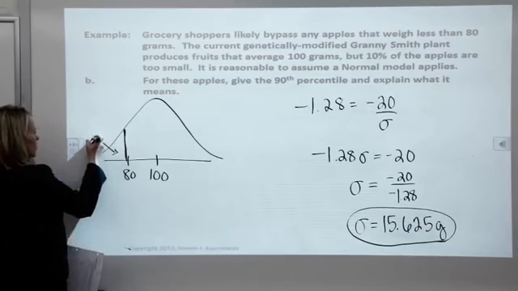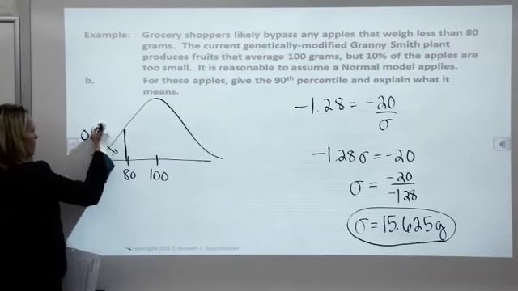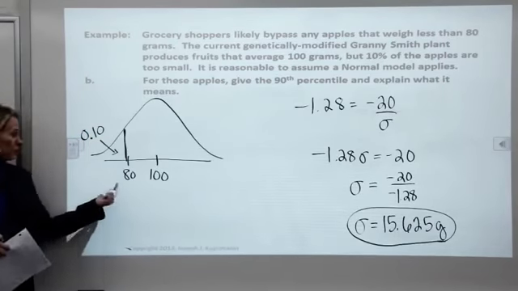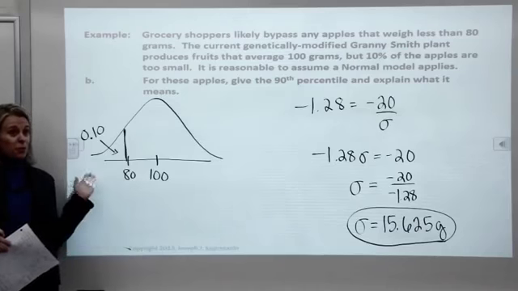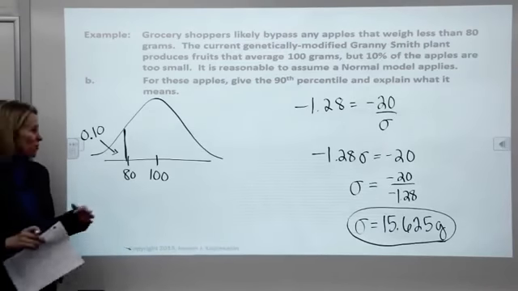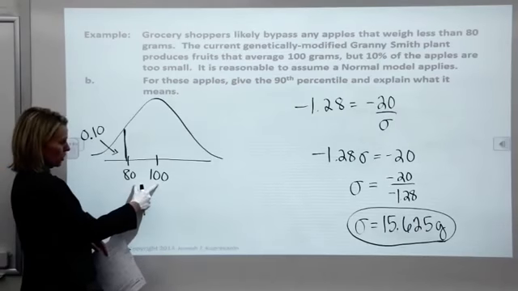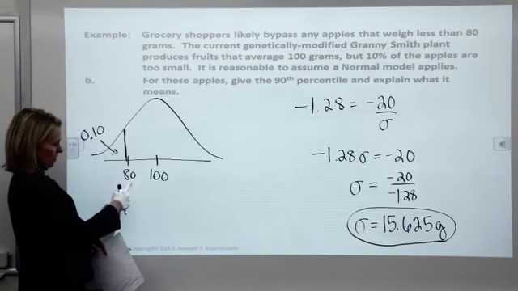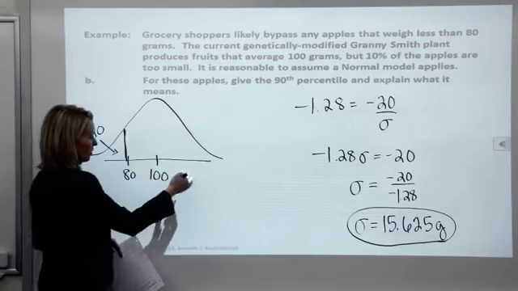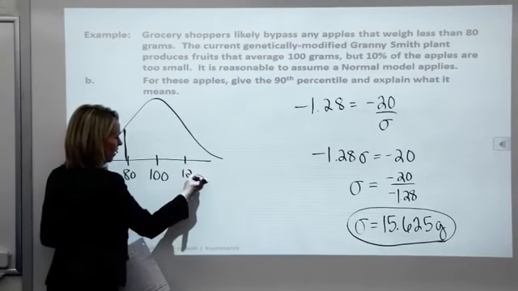10% of the apples were smaller than 80 grams. 80 was the 10th percentile. If you use symmetry, if 80 was the 10th percentile, this is 20 units away, 20 grams below 100. If I went 20 grams above 100, at 120,